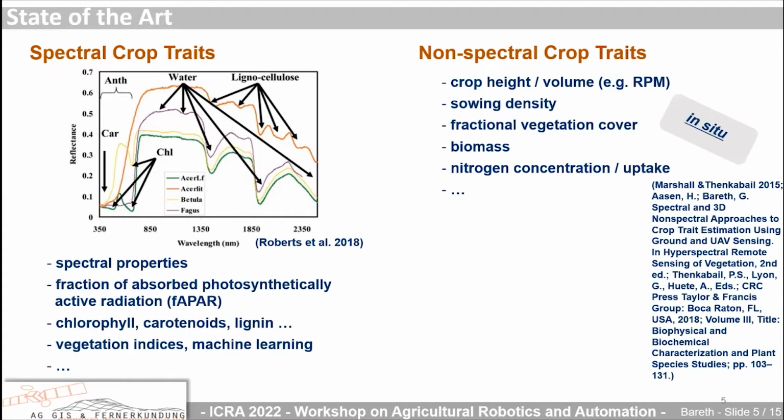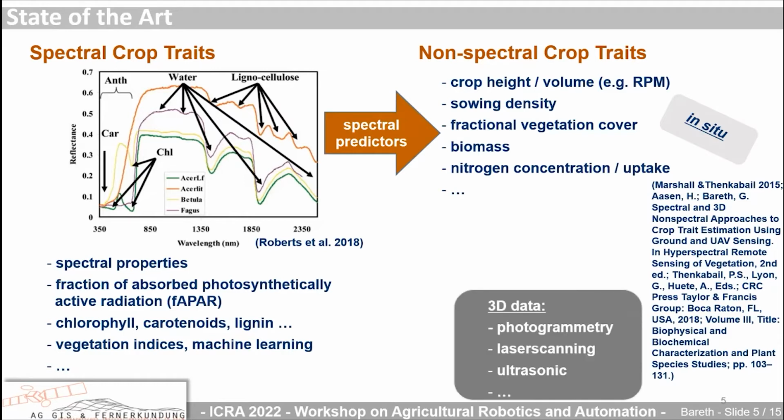have in situ measurements described by Marshall and Thenkabail. One is the nitrogen concentration or nitrogen uptake. Usually, we try to derive nitrogen concentration from spectral features, even though nitrogen does not have a distinct absorption feature in the spectrum. That's a problem because not all nitrogen is within the chlorophyll. So we have spectral predictors for biomass, nitrogen concentration, and sowing density, which are used in the literature, but maybe